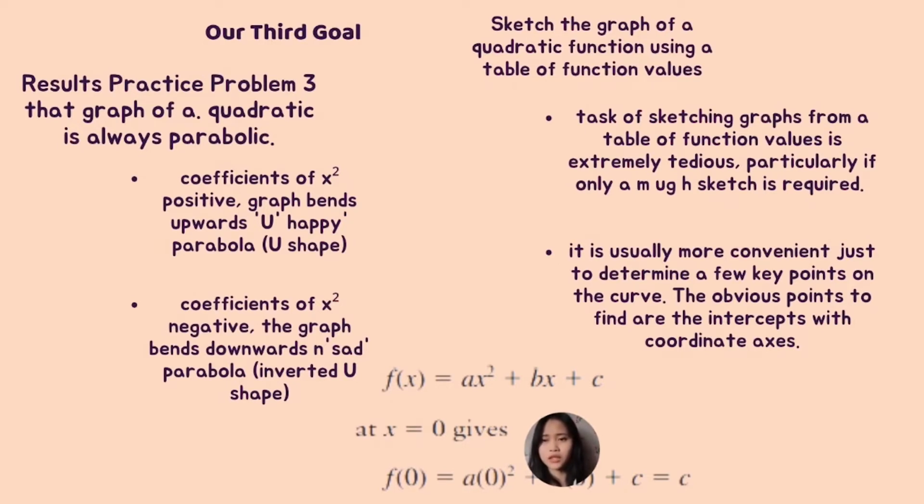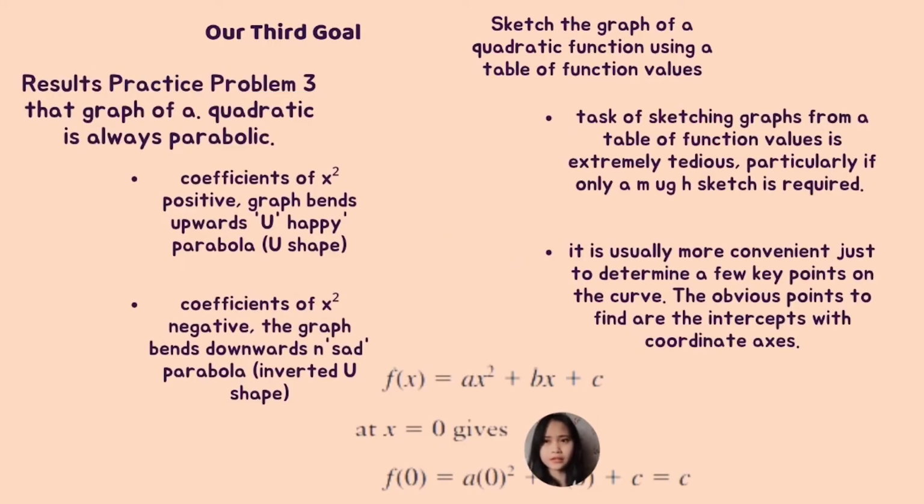f(x) equals ax² + bx + c. So x is equal to 0. So f(0) = a(0)² + b(0) + c = c. So this is the graph. The constant term determines where